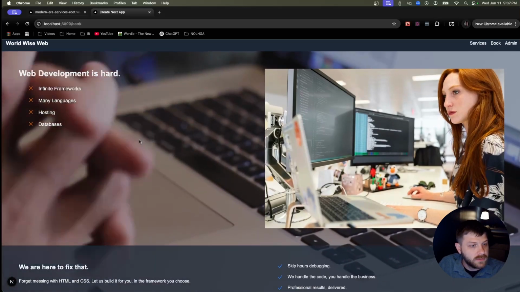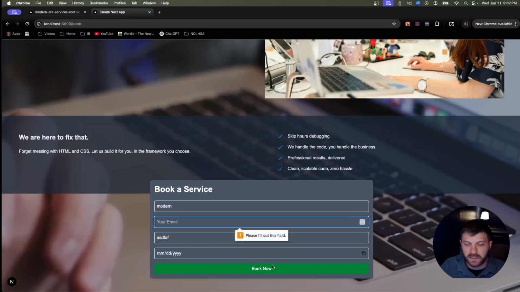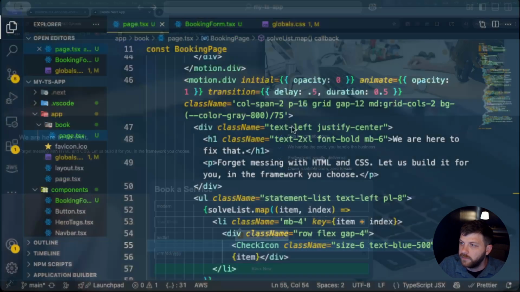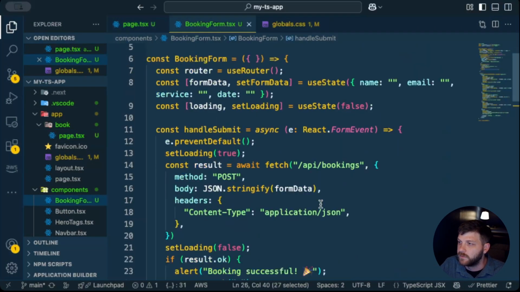Here we are, and here's our form. In here, we can see that our validation is working. If we want to input information in here, it will let us, but we're not doing anything with that information yet. So let's go ahead and create that API route that we looked at here in our submit method, which is